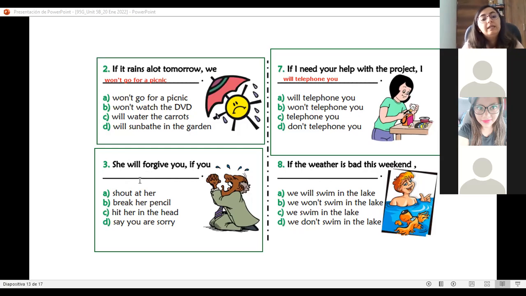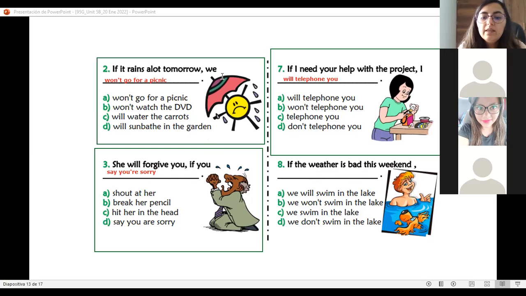Ella te va a perdonar si tú dices que lo sientes. If you say you're sorry. Right? Es decir que tenemos que ocupar después del if el verbo en presente. So she will forgive you if you say you are sorry.